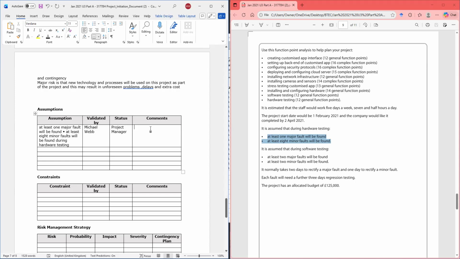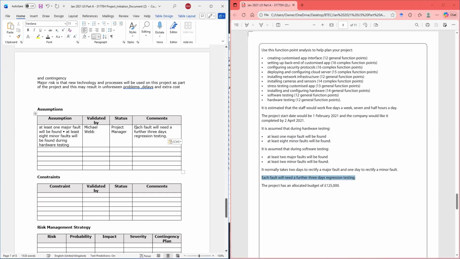So what I'm going to do is I am going to say for each fault, I will allocate 3 days of regression. So I'm going to put this, just paste it.